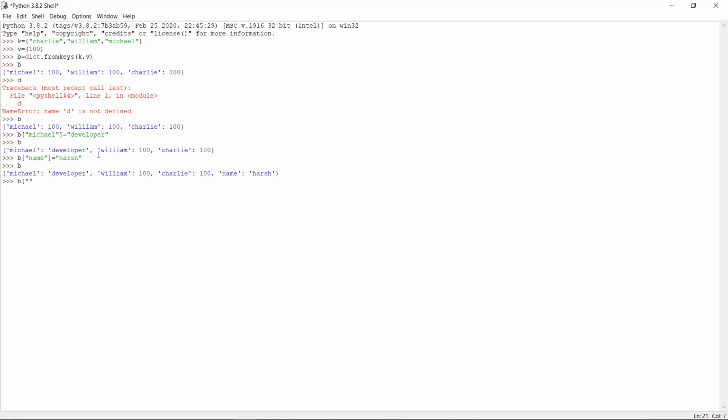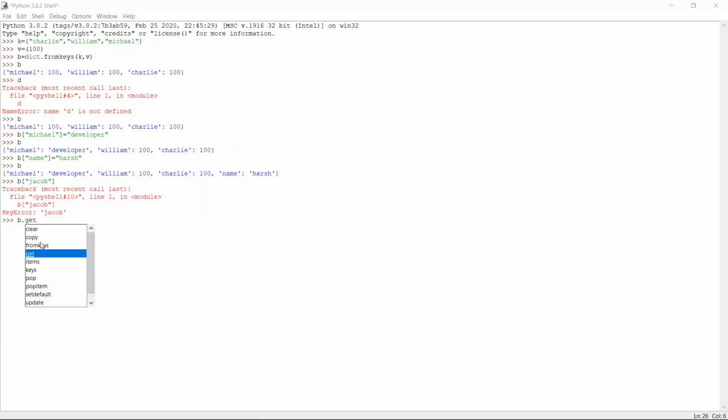Now I'm going to take Jacob here. There is no name Jacob, but let's print. What does it print? Here you can see it gives a KeyError, because there is no such key. So we have to use something to avoid the key error.